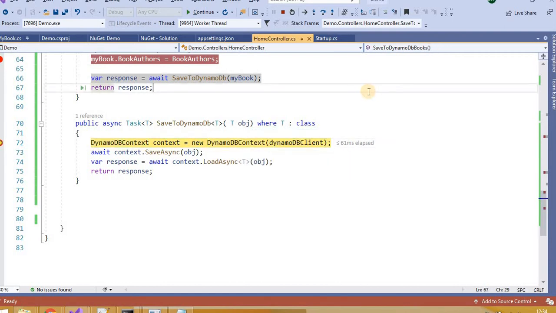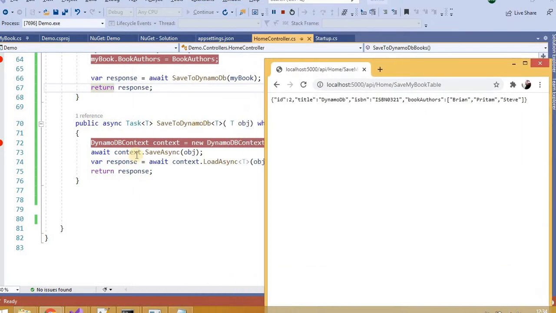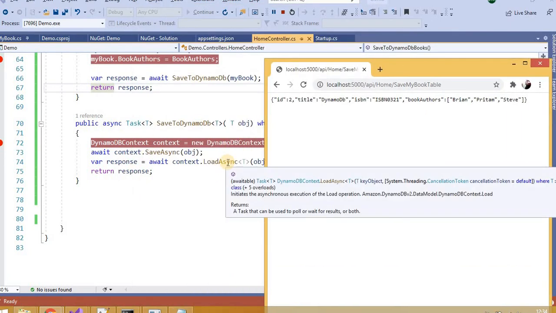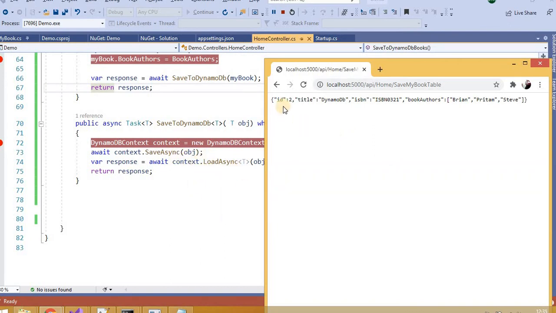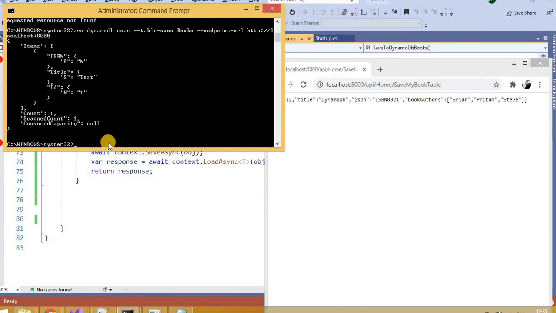So let's F5. Now what LoadAsync did, it returned that particular record which we had just added here: ID, title, ISBN, book authors. Now let's see from the local instance how it will return.